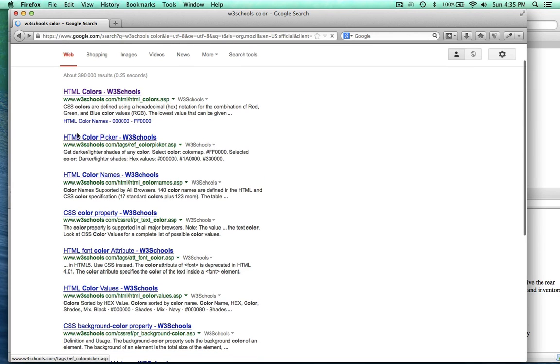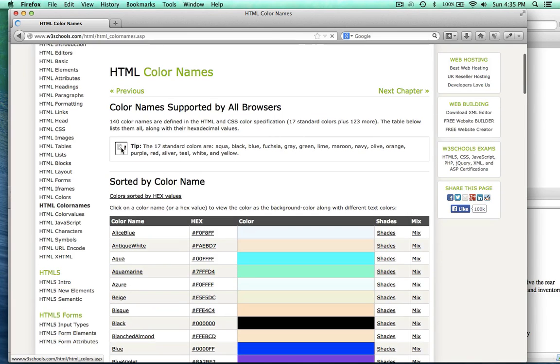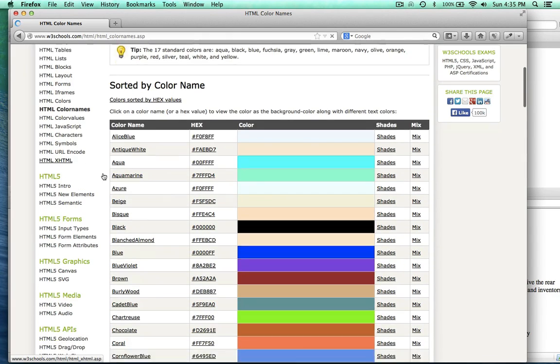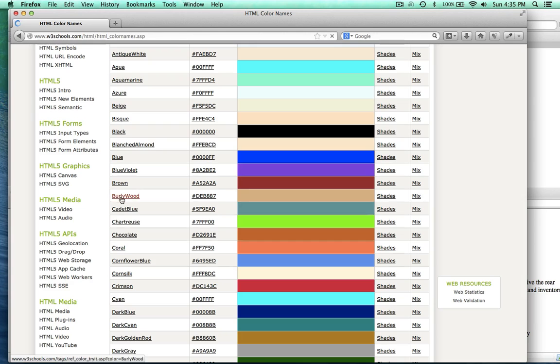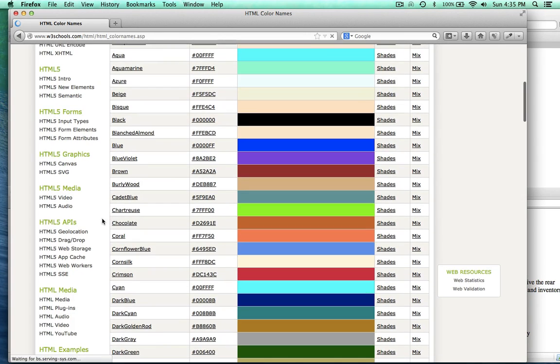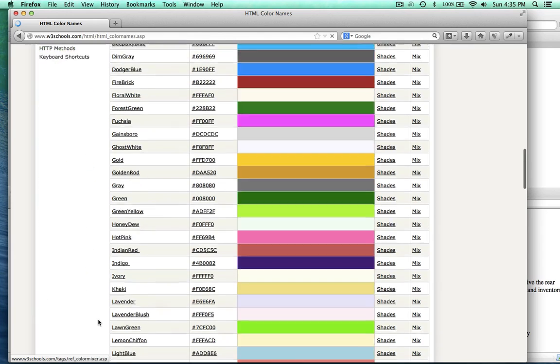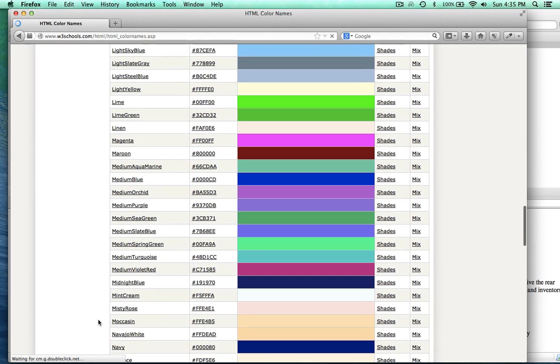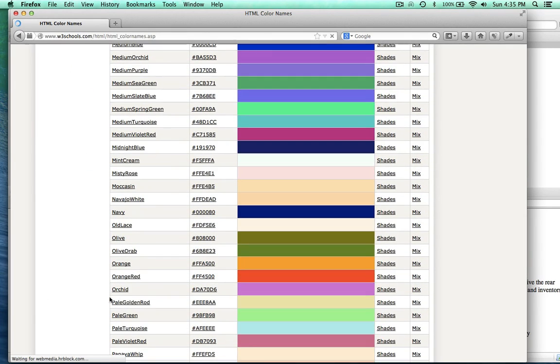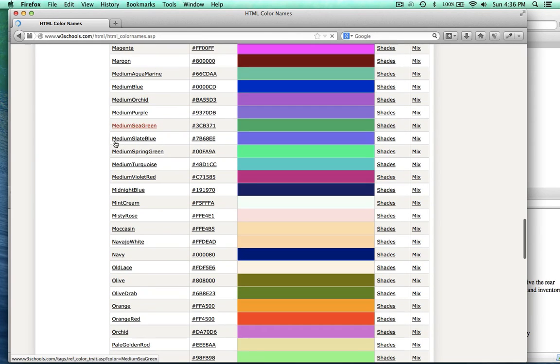Okay, and we have a color picker and HTML color names. Look at this. All right, 140 colors it looks like that you can just use, like burly wood, chocolate, coral, cornflower blue. Of course, they have the primary colors right off the bat, like, you know, red. But you know, here's orange, here's olive. See what I mean? So you can actually enter in this keyword, or you can enter in this hex number